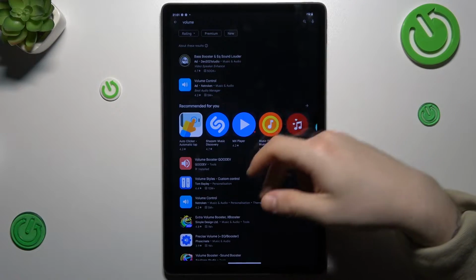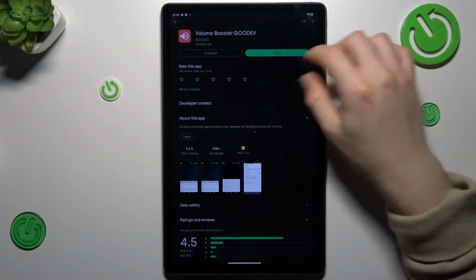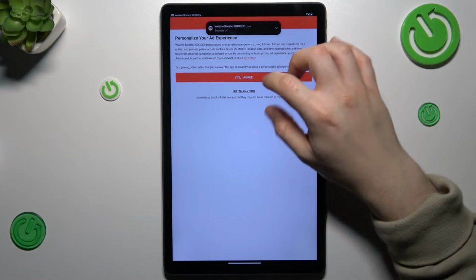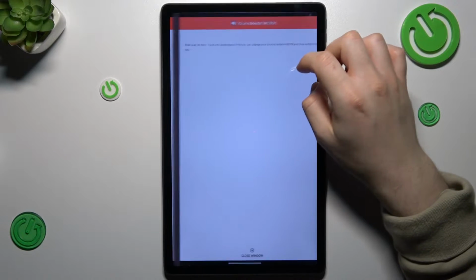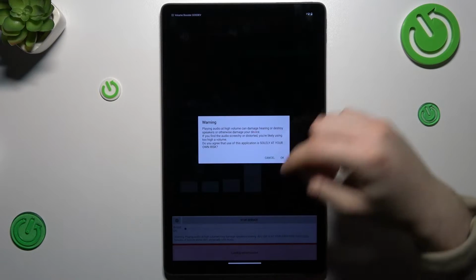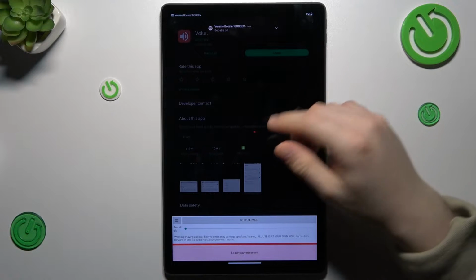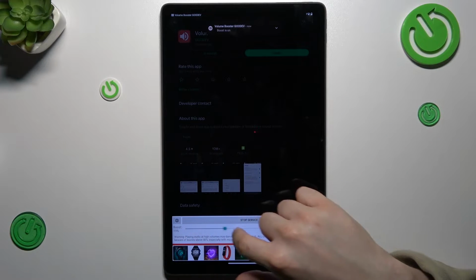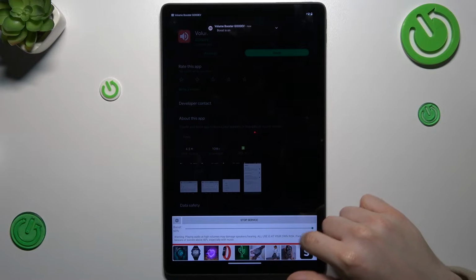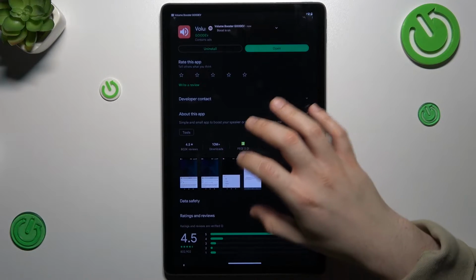And now you can see there we have a few boosters. I'm always using this one. So now we have to click 3 times no thank you and close the window. Okay, now it's active. You can boost your volume speaker